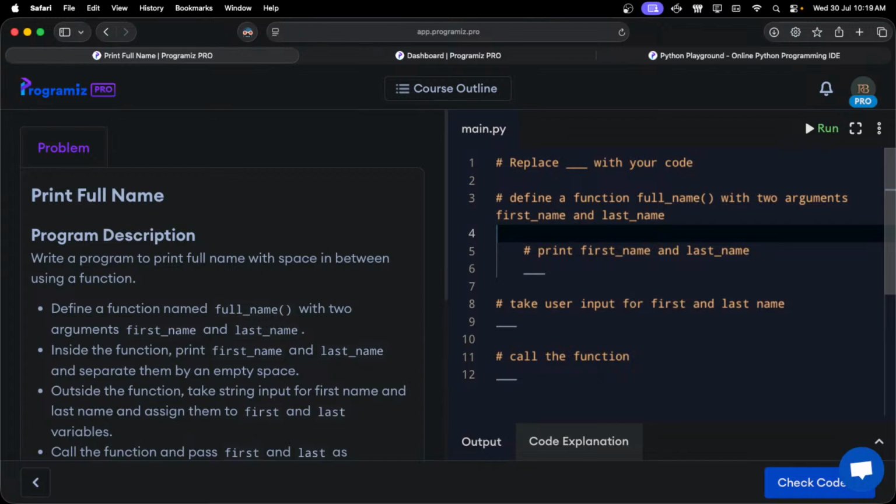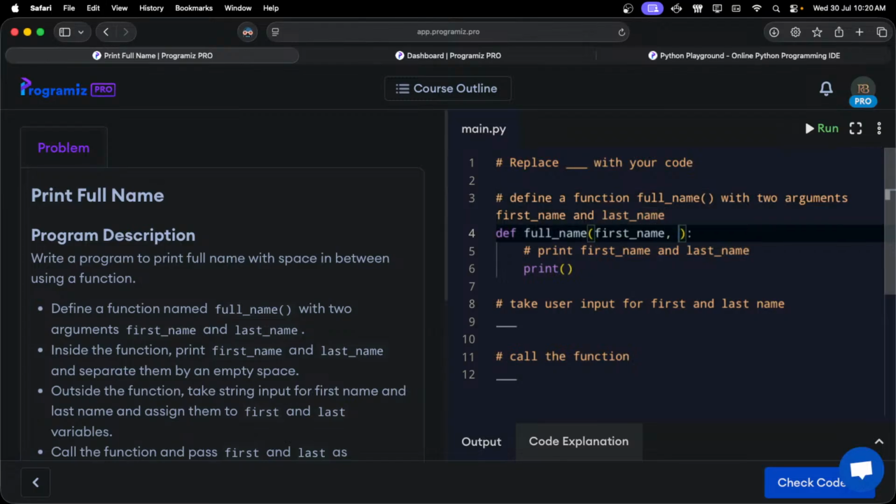What about this? We need to define first name and last name, full name. Okay, we might need to just concatenate. I think that's the example over here. Full underscore name. Right, so print the first and last name. Okay, great. Print. Let's do something unique. So let's pass this